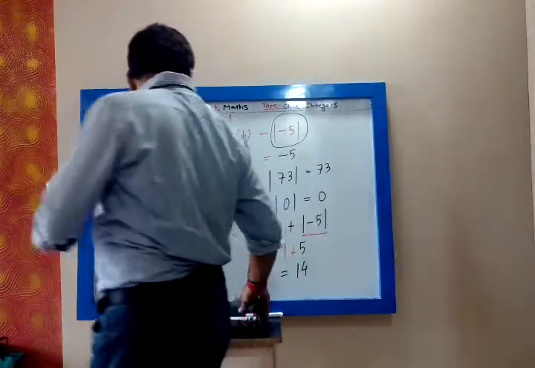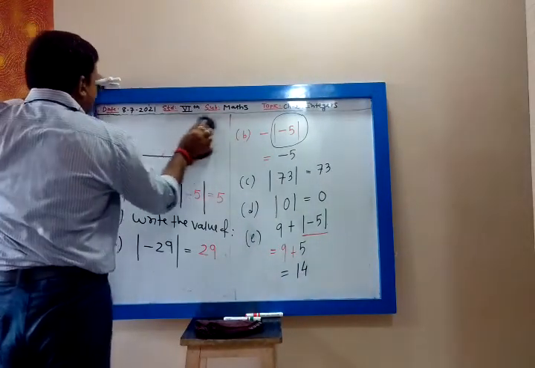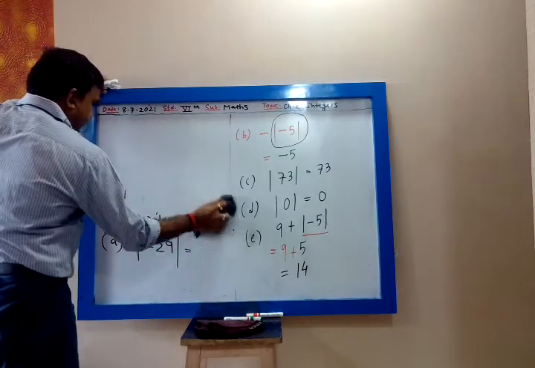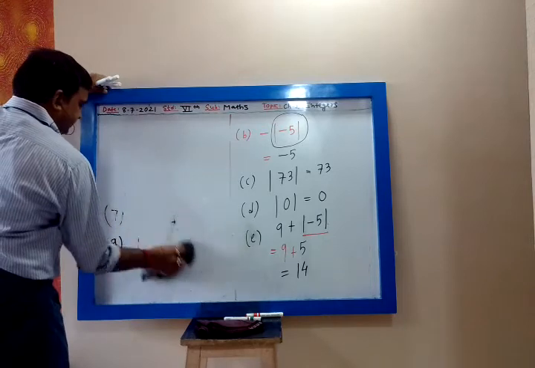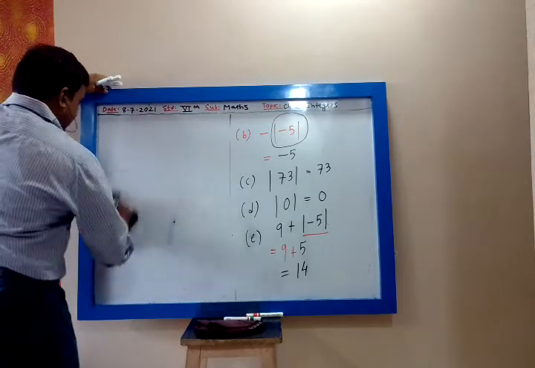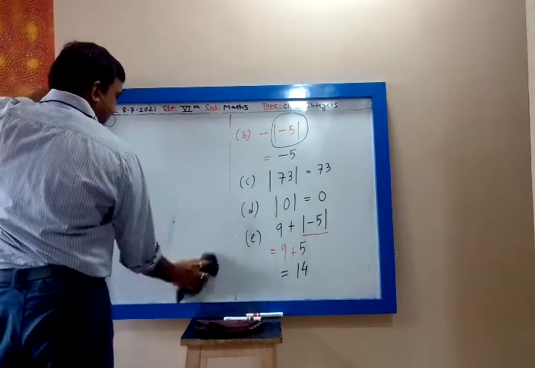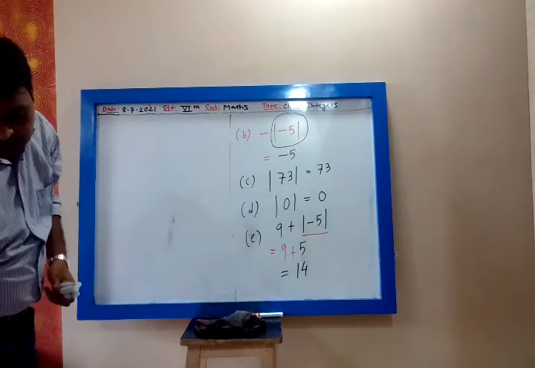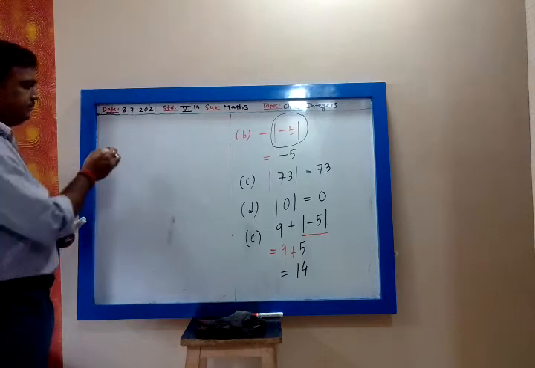Yes. So absolute value of minus 5 is 5. So 9 plus 5 is 14. Answer is 14. Okay. Absolute value of minus 5 is plus 5. Then absolute value of,